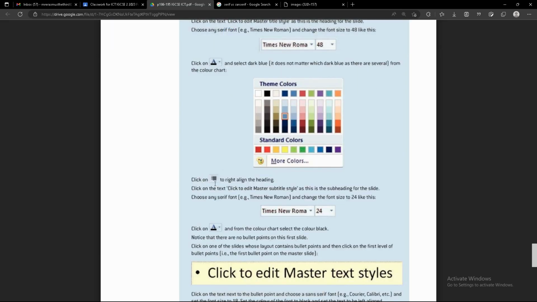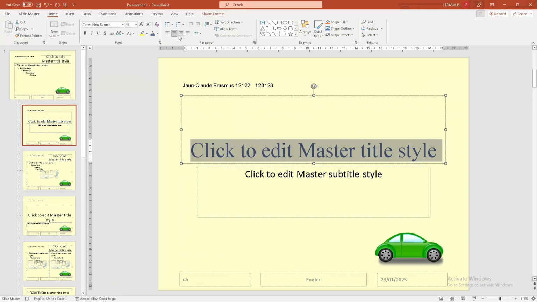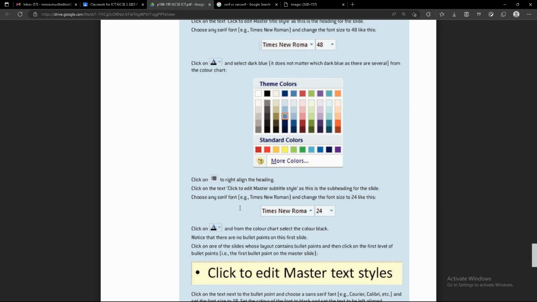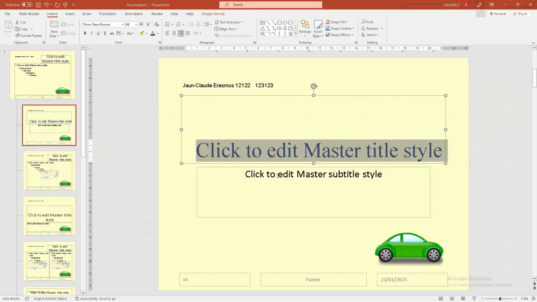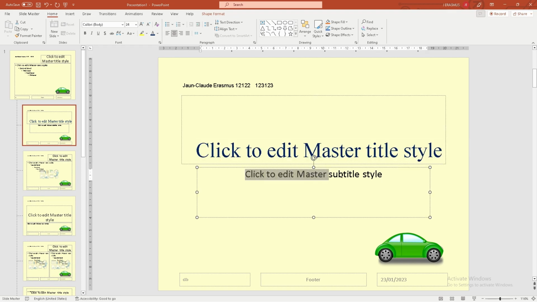And then click on to right align the heading. So we need to right align this. Currently it's center aligned, and this we're going to right align. So we've done that, and next click on the title, click to edit master subtitle style. So click to edit subtitle style,